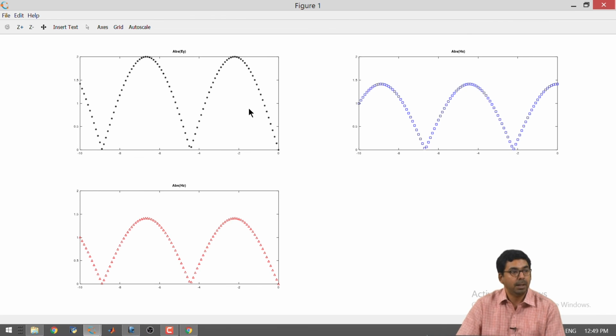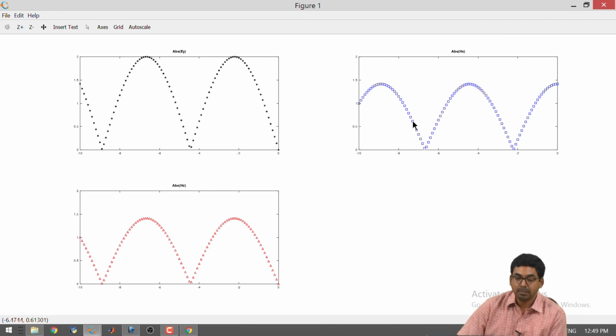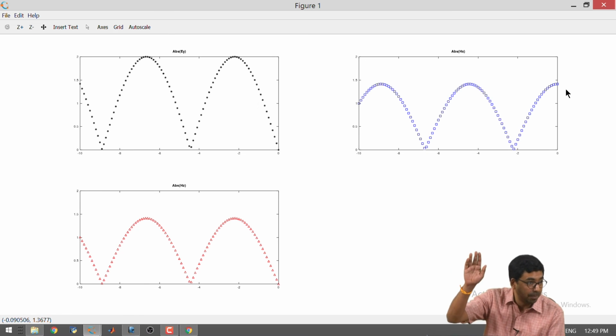Now, I see that it makes a little bit more sense. I am having Hz, Ey, Hx all of them non-zero. Once again I notice that at the interface the electric field becomes 0, at the interface the z component of the magnetic field is 0, and at the same place the magnetic field x component is maximum.